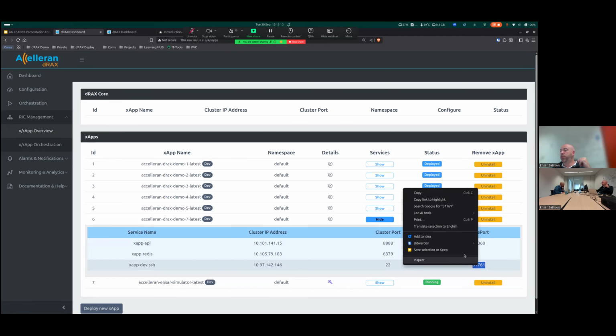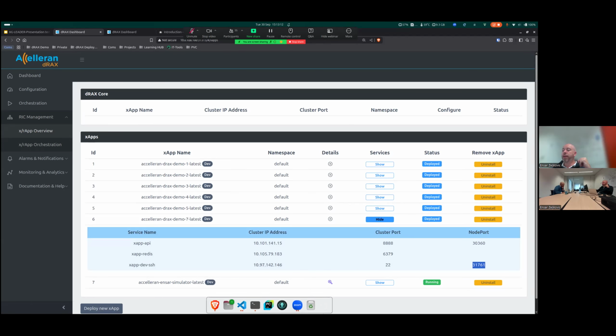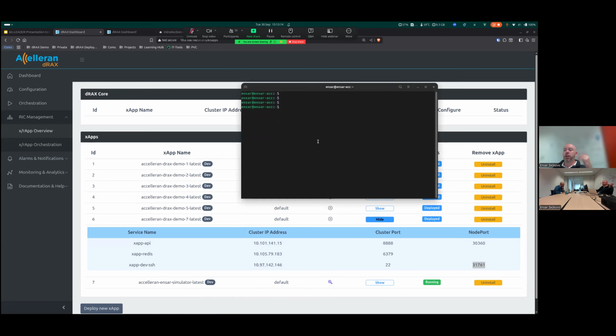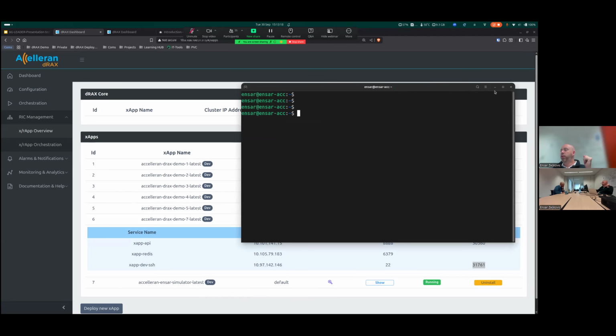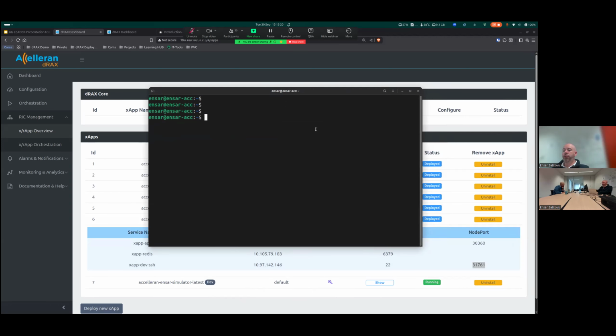This is something that we just need to copy. Then I'll do it in a very simple sense. Let's go to a terminal window over here and do SSH. Don't forget to do the -p and then give the port. Otherwise, it will try to connect to the usual default port number 22 for SSH, but every xApp has its own port on this machine, so that you can access it individually.